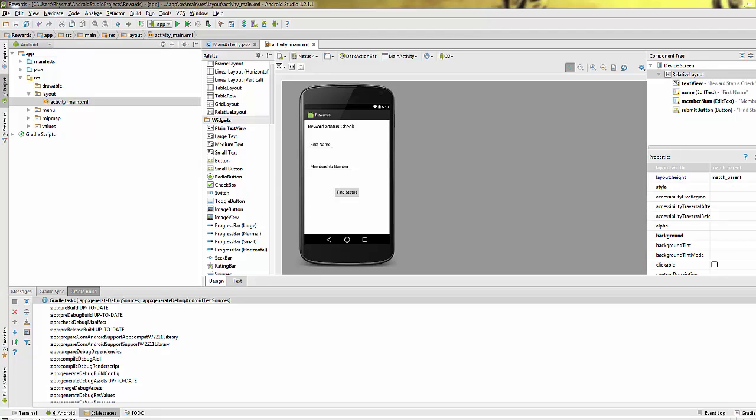Before we dig into our code, though, let's talk about how we're going to save the data that works on the back end of this application. Because what we're talking about doing here is the user will enter a first name, they'll enter a membership number. We will then have to go look for this information in our data set in order to determine that we have the correct record, and we can display the reward status, membership level, whatever, of the person that we are